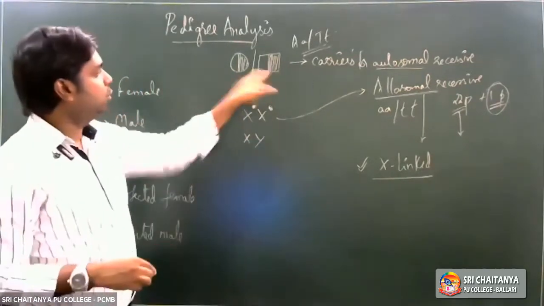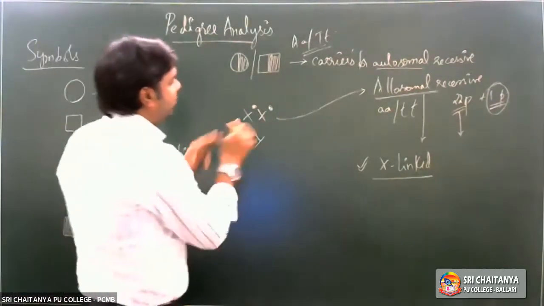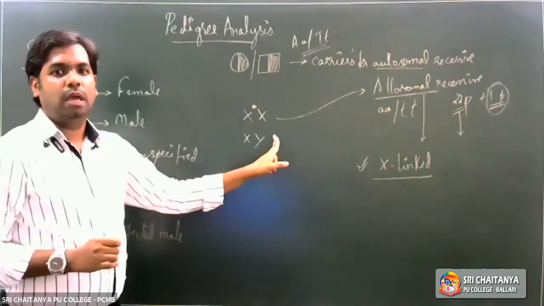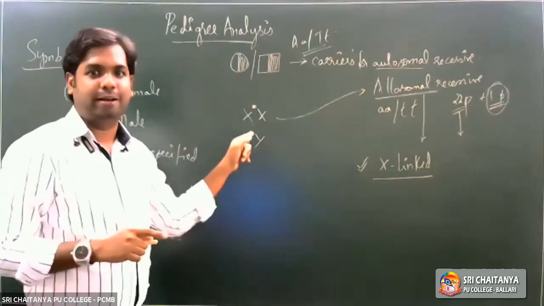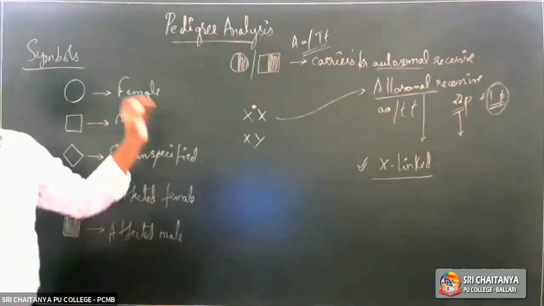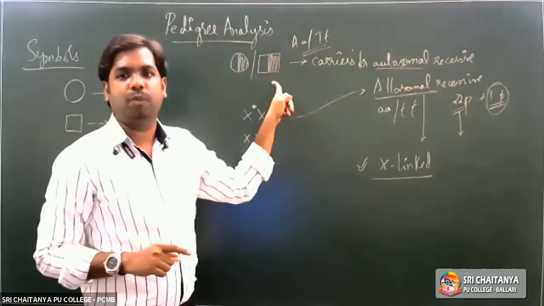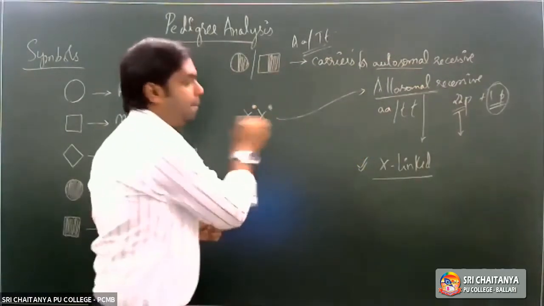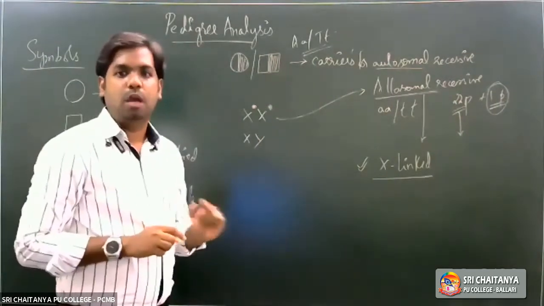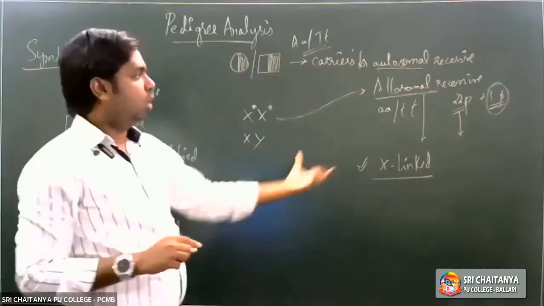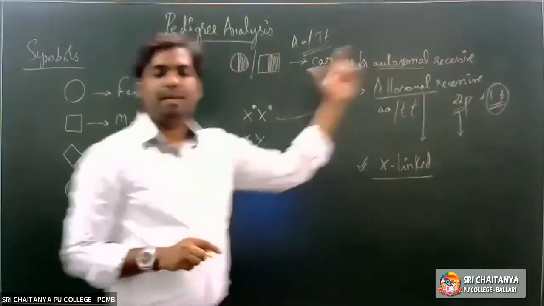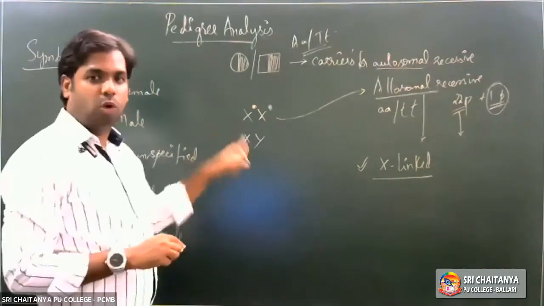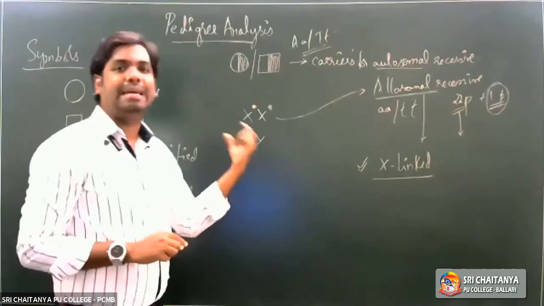So this is how we usually represent it. But when we have to talk about carriers here, only one would be the carrier. If only one gene on the X chromosome is mutated, then we call her a carrier. If a disease has to be expressed, a mutation should be seen on both the genes present on both the X chromosomes. Only then would a disease be seen. That we call allosomal recessive disorder. But in case of males, since there is only one X chromosome, males cannot be carriers.